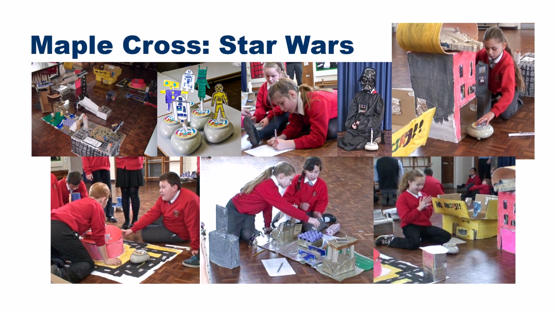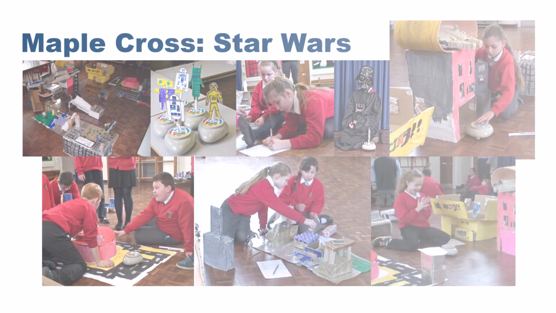So let's look at some examples. Maple Cross is a school in northwest London. It's within a 15-kilometre radius of 5 studios who've made Star Wars movies, and one of the studios had got a new contract. The teacher wanted to cover the topics of design technology, English language, and some coding, which he chose Roma to do that with. So he decided to let the children make their own Star Wars movie. They created their version of Mos Eisley, which is where the bar scene happened in the first movie. They made stick puppet robot characters, they wrote the script and filmed the movie.